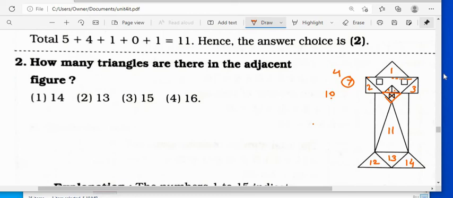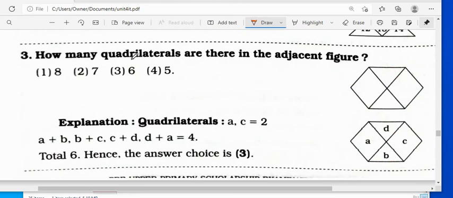See again. 1, 2, 3. Understood? Then this bigger, that is 4. Then this is 5, 6. This bigger one is 7. Okay. नीचे का bigger one 8, 9, 10. तो इधर तक 10 हो गया. Then this is 11, 12, 13 and 14. And therefore your answer is option number 1. That is 14.